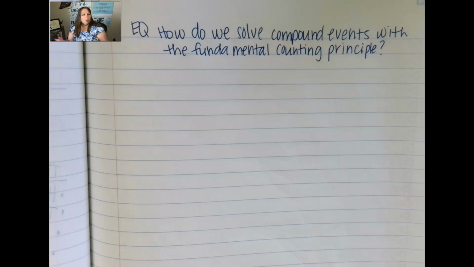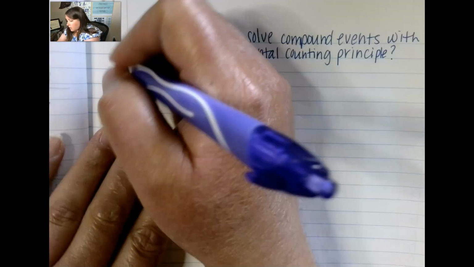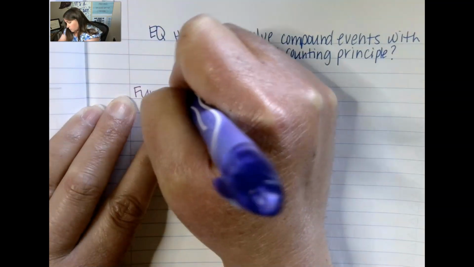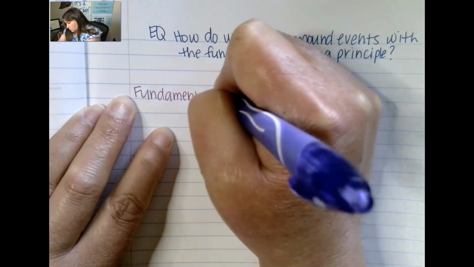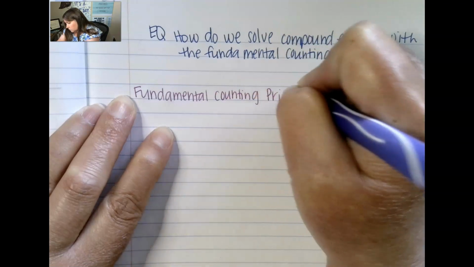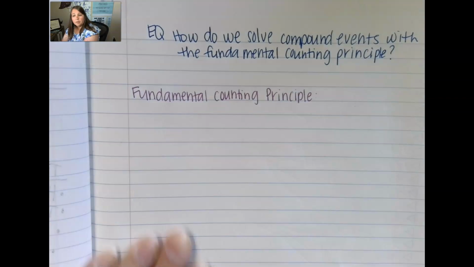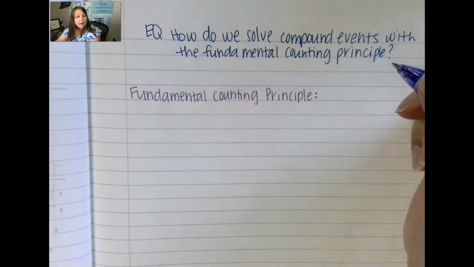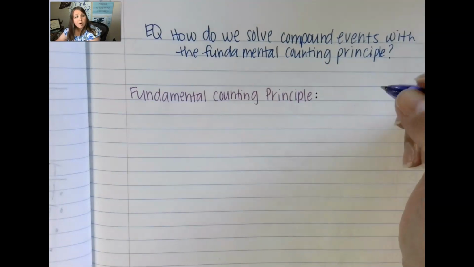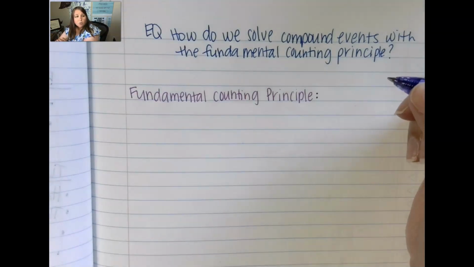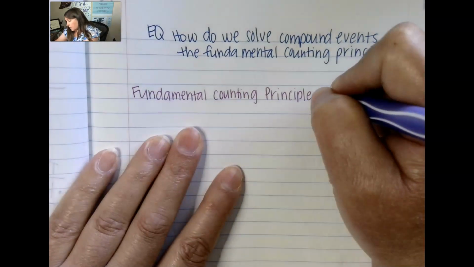And we're going to see how it works in action. So first of all, let's talk about the fundamental counting principle. So this is a rule, or a principle. That's why they call it a principle. It's a rule of math that is used to help us find the total possible